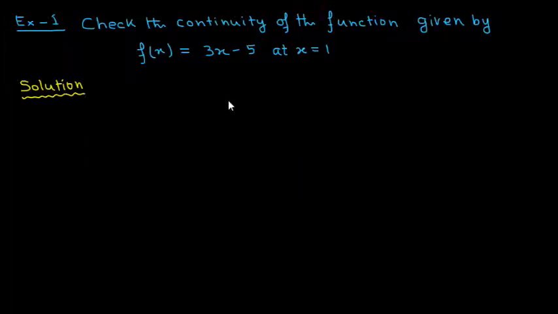To understand continuity, let us see a few examples. First example: check the continuity of the function given by f(x) = 3x - 5 at x = 1. In this case, the function is defined at the given point x = 1, and so we can write